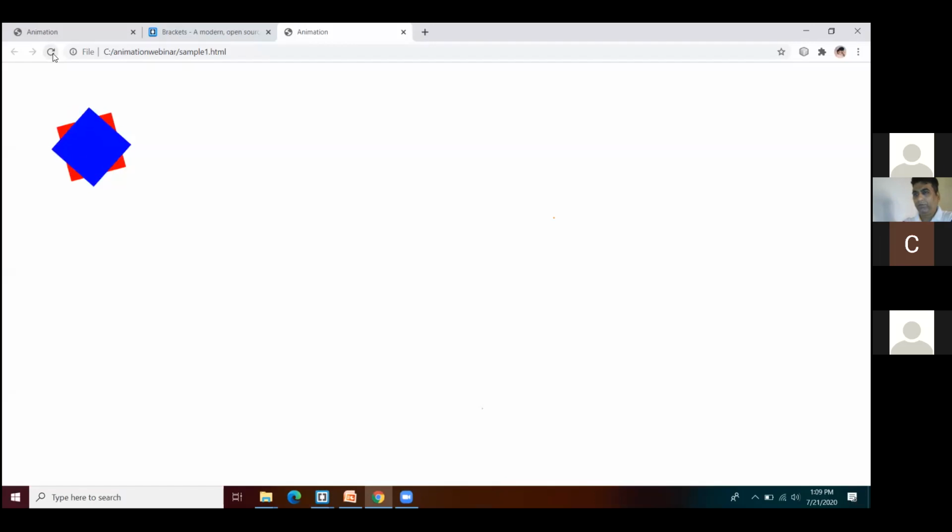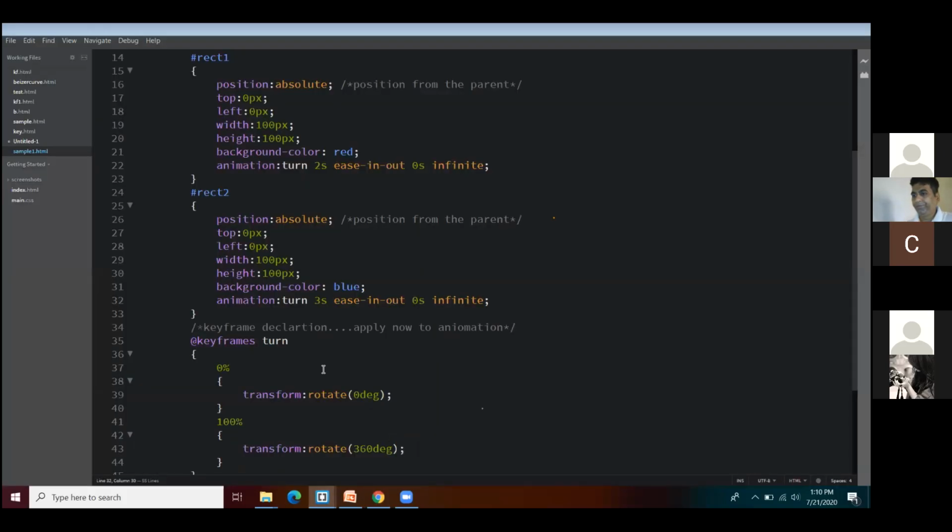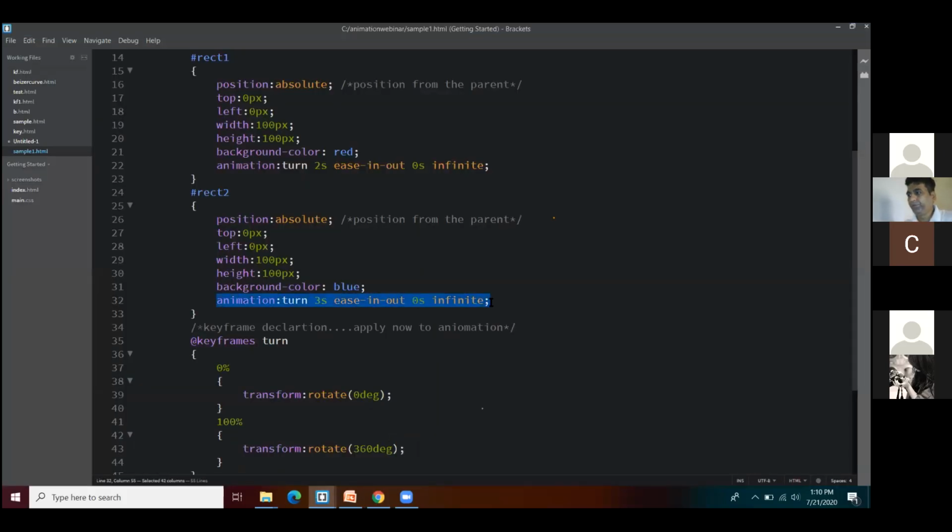The second rectangle is moving with a 1 second delay after your first one. So you can mention the things. This is all about our first spinner in CSS using keyframes and animations. Is it clear? Here you can see the first spinner animation where you are using ease-in-out, which is a built-in function, and 0 seconds, without waiting. It keeps on moving an infinite number of times.